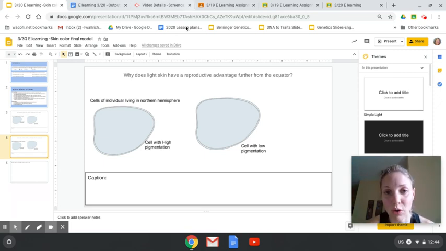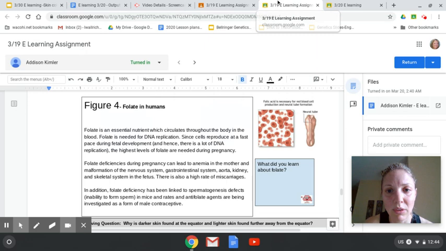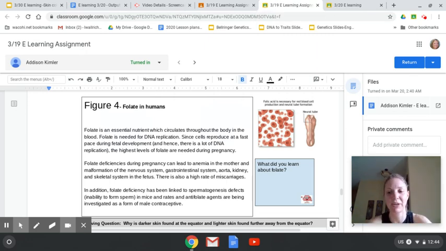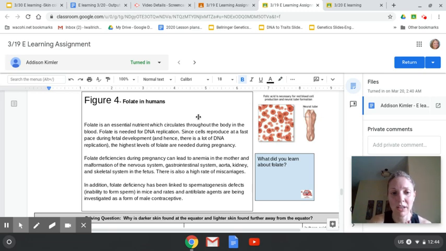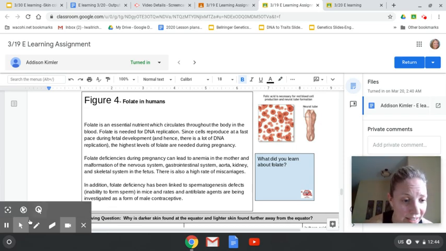So first, let's go over what we've learned so far. I'm going to go back to 319's assignment. Basically, the main things you probably got from it is, first of all, there's a lot of UV at the equator, and you're trying to piece together why that might have an effect on human skin color. And I looked at a lot of people's figure 4, and with this one, we realized that folate is really important in humans,